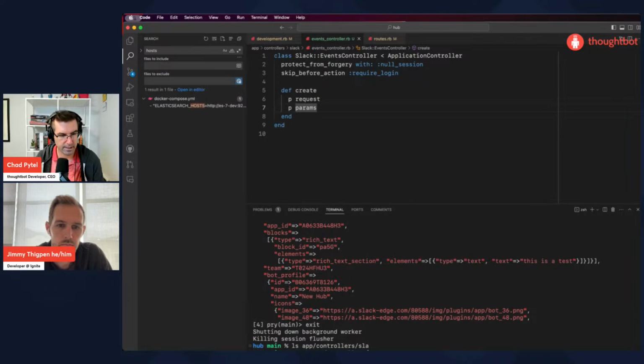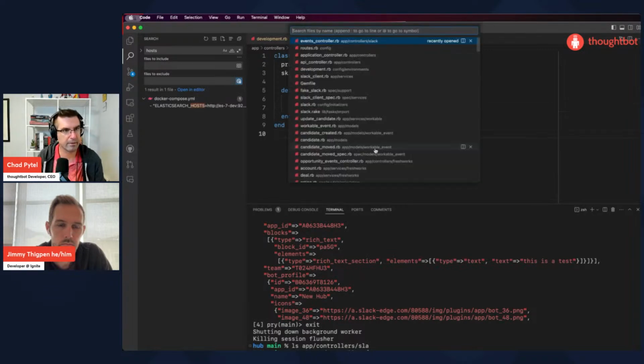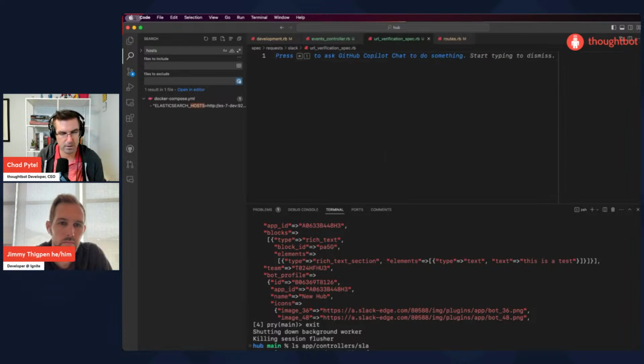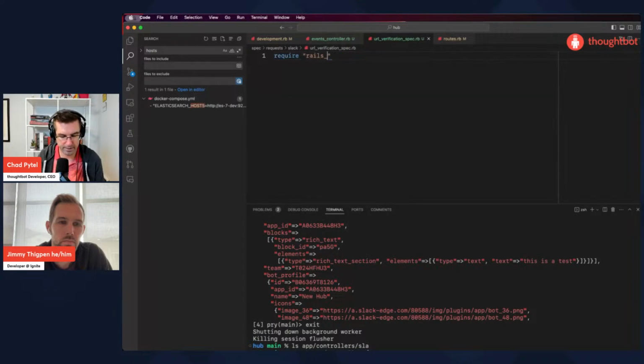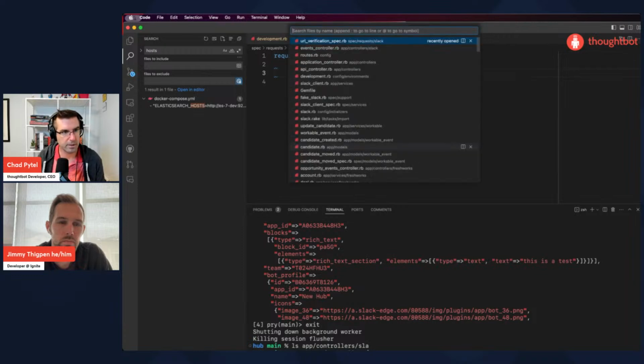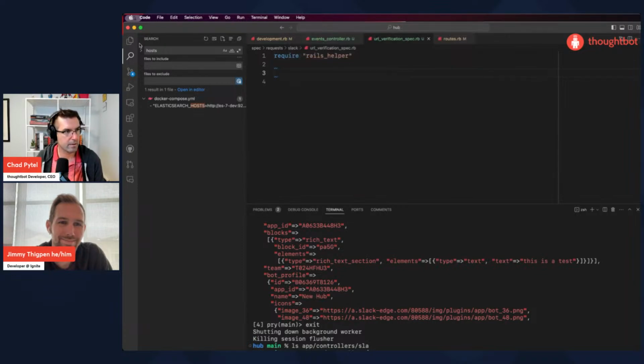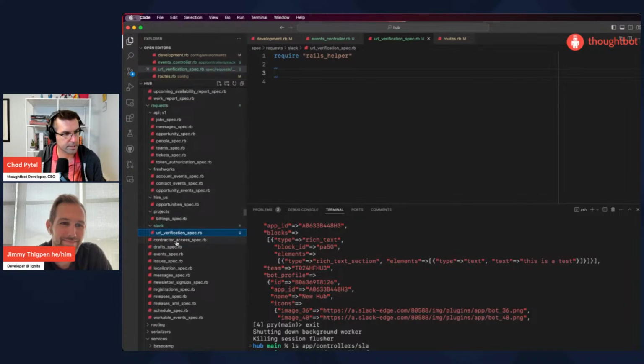For some reason, the clicking to open isn't working right now. Okay, so we require Rails helper. I'm going to have to peek at another request spec.